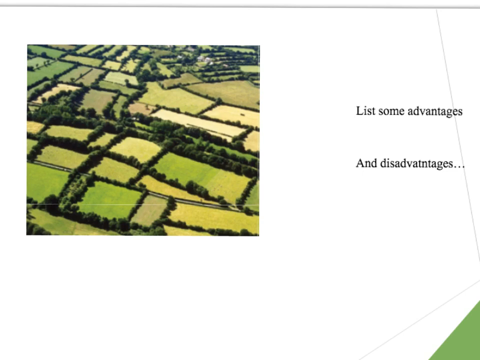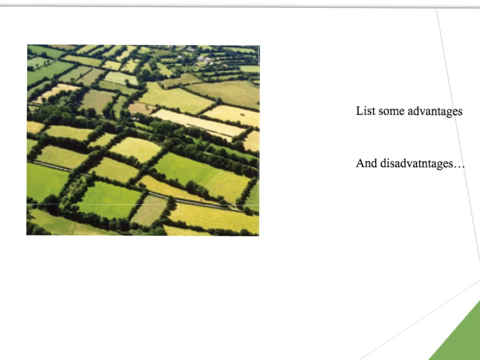So a question you could get asked is, for example, hedges. What's the advantage to a farmer, and what are the disadvantages to a farmer about planting hedges? And in terms of an exam question, you need to think in terms of economy, so what are the costs, is there a cost benefit, and also the yields. Is it going to change the yield, so the amount of crops that you could harvest? So if you have hedges, you might have more variety of habitats, food sources. You might then be able to support a greater variety of pollinators, which means that more crops could get pollinated, it could increase the yield. For example, a